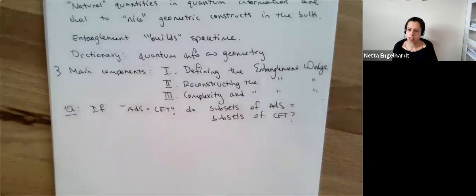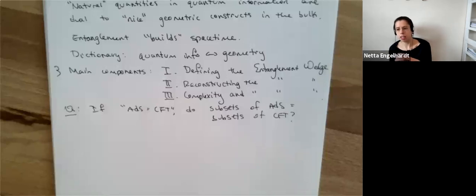So if we want to have an understanding of quantum gravity with AdS boundary conditions via the AdS/CFT dictionary, we want to understand the fine-grained aspects of the duality. We'd like to understand in what sense small pieces of AdS get encoded in subsets, subregions, reduced density matrices in the dual CFT. So the role of the entanglement wedge is really about asking the question, how much and which portion of the bulk is encoded in some subset of the asymptotic boundary?